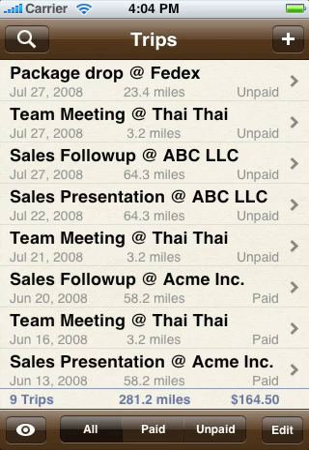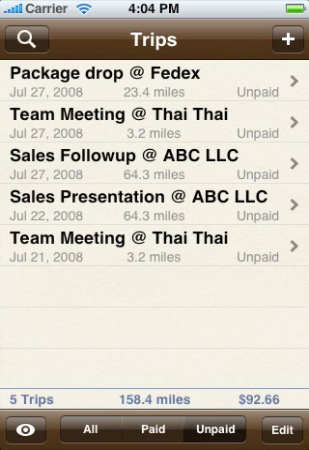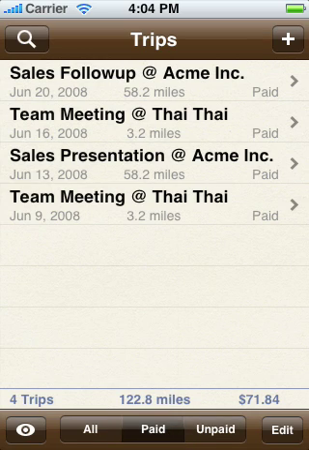To quickly view all unpaid trips, just tap the Unpaid button on the bottom toolbar. You can also tap the Paid button to view all trips that have been paid. Keep in mind that this button will remain selected until you select something else. If you just added a trip and don't see it in the list, make sure that you have All selected